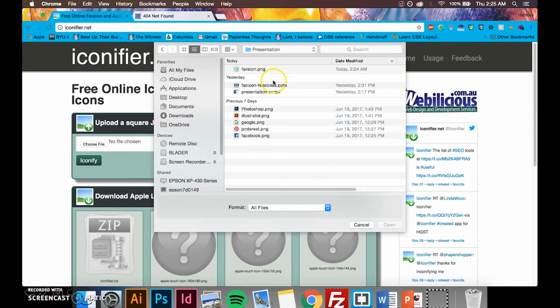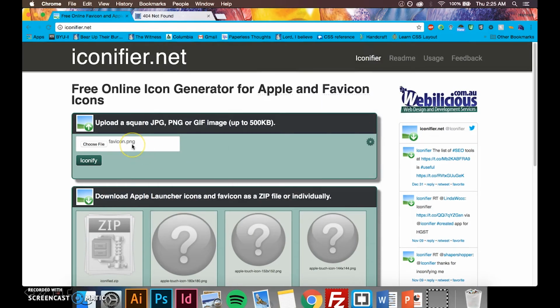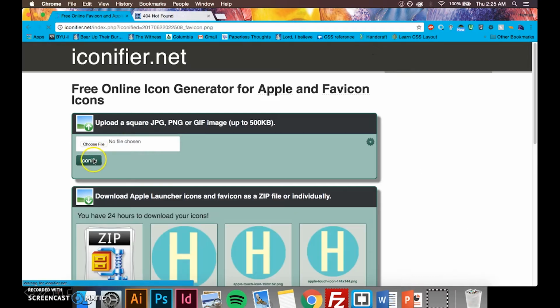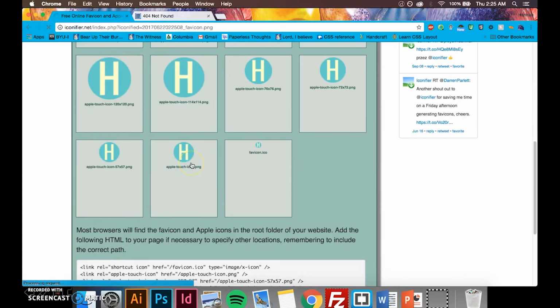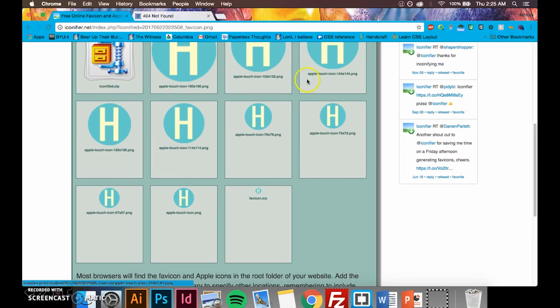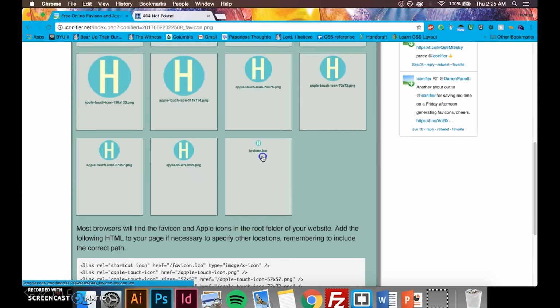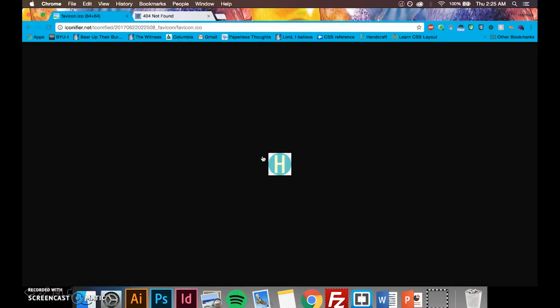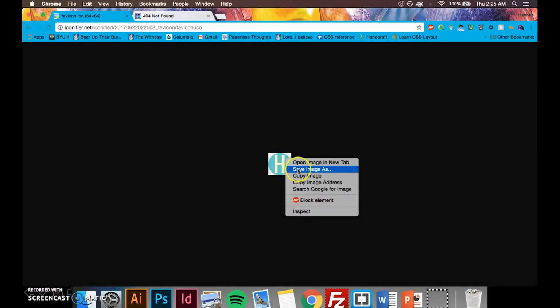presentation, right there. Upload your PNG file or whichever file and click Iconify. And it'll upload all these different sizes, and just for this demonstration I'm only going to worry about this one right here, which is actually a 64 by 64 pixel. And you want to save image as,